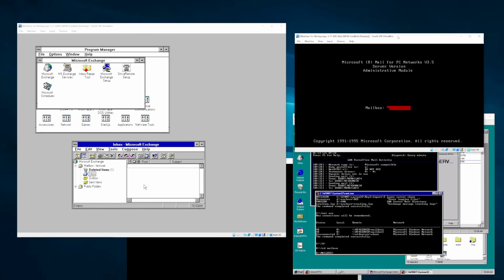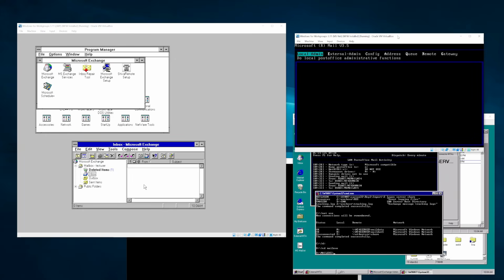The administrative module. This is where you need to specify your admin. And this will now allow us to sit here and configure users and passwords. So I can modify users. So of course admin has a mailbox because that's who we're using, and then I have a mailbox on here. This mailbox here is what we were browsing earlier with the end user client. External admin,